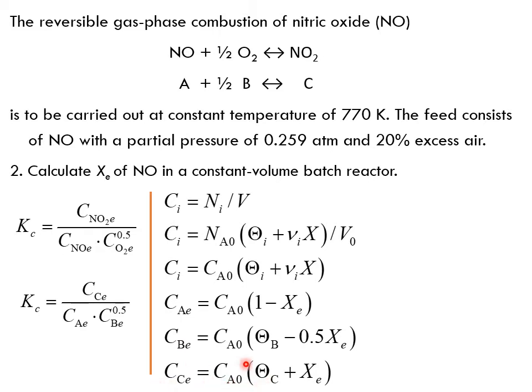Now we have to evaluate theta B and also theta C. The nu values were easy to evaluate. So how do we find the value of theta B? As mentioned earlier, whenever you want to find the value of theta, you look at the feed. So you look at the feed and it says the feed consists of NO with a partial pressure of 0.259 atmosphere